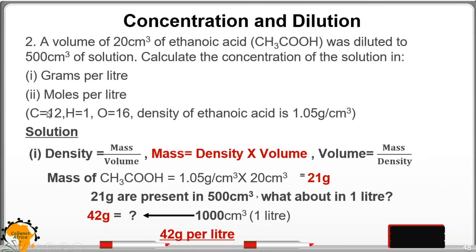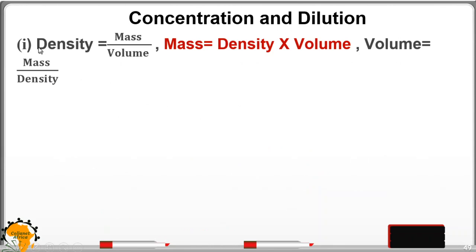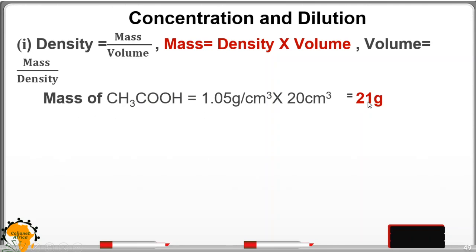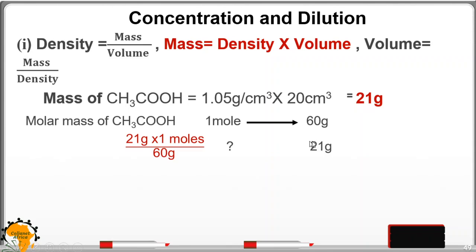The second part. Density is mass over volume. So we want to establish now the mass. You say mass is equal to density times volume. Therefore, the mass still remains the same, 21 grams. So 1 mole has 60 grams, because now we want to change this mass into moles. So what about 21 grams? You do a cross multiplication, 21 times 1 divided by 60, you get 0.35